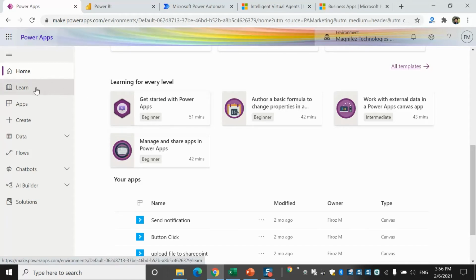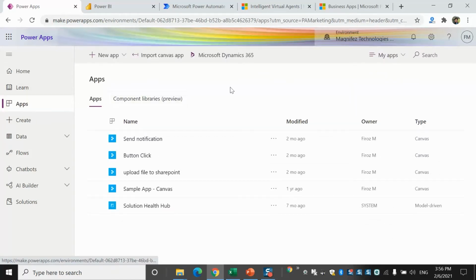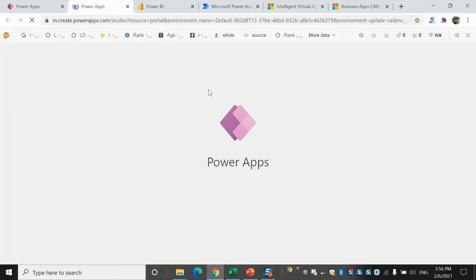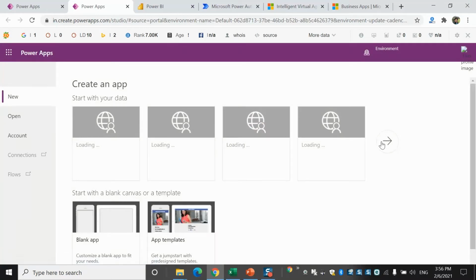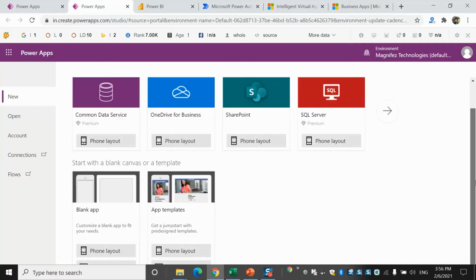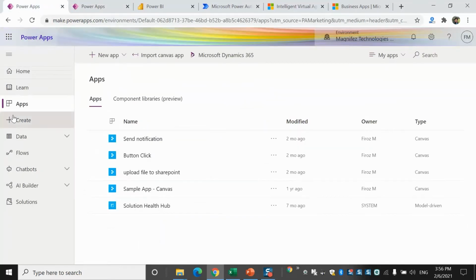And then you can go to Apps. This is where you'll be able to see the list of all the apps that you have already created. These are the apps that I have created in my application. If I want to create a new one, I can click the plus New app button. You'll be able to see the three types of apps that you can create. Once you click on Canvas, it will take you to a new window where you'll be able to create a new app. I'll show you how you can create an app from template as well as from scratch in a next video. So I'll go back here, and then I'll show you the other option I have.